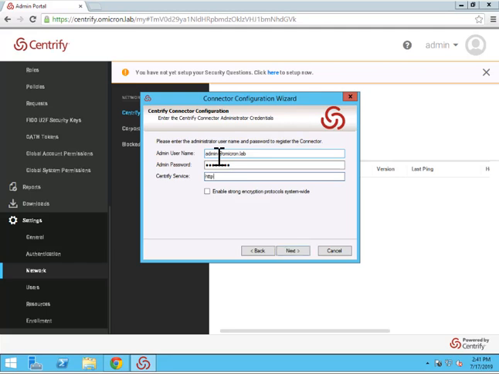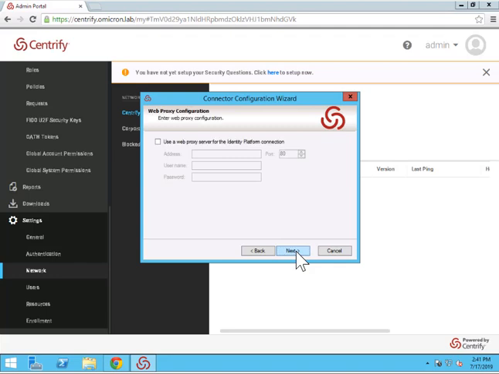So we'll go ahead and add that in as well. This is a secured site, so we will use HTTPS, and we'll click next. In the case where a web proxy is used to access the portal, you can check the box and add in that information. For this demonstration, we're not using a web proxy, so we'll go ahead and uncheck the box